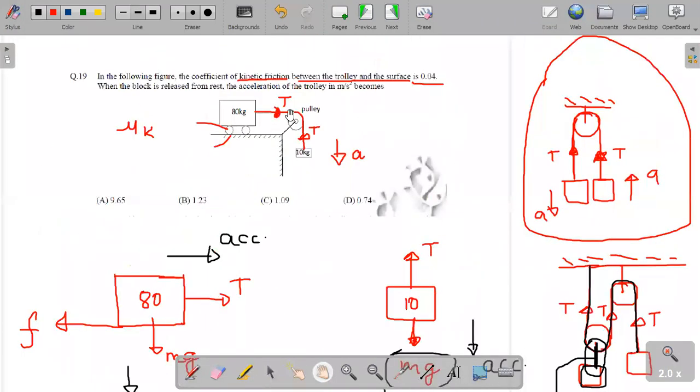देखो, length of the string is constant, वो तो constant है, means distance between both the blocks should be constant. वो कब possible होगा? When there is no